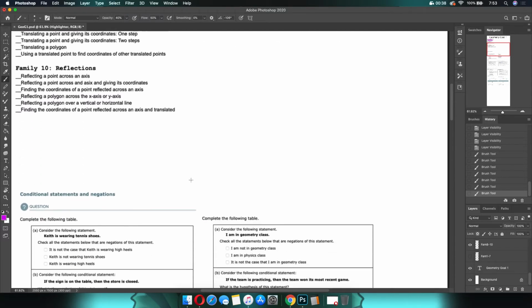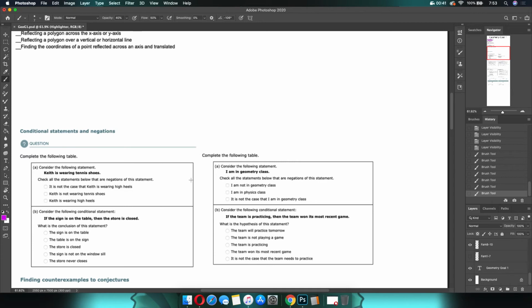So first thing is first, we have to do some definitions here. I know my IST kids, when you start learning your programming, this is going to look very familiar. If you've ever seen this sentence before, if something, then something, that is called a conditional statement. So I'm going to say, what's the most broad generic thing I can say? We're going to say if P, then Q, okay? What we're going to do is there's a couple of things that we can do with this, and they don't give you the actual names of this, which is too bad, but your if part is going to be called your hypothesis,